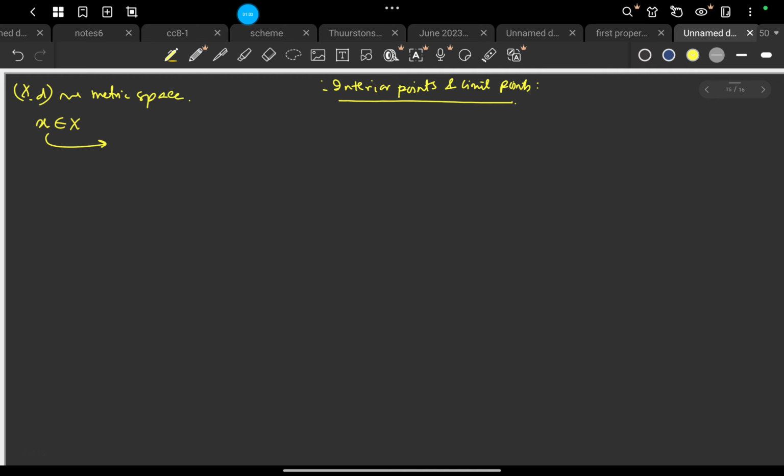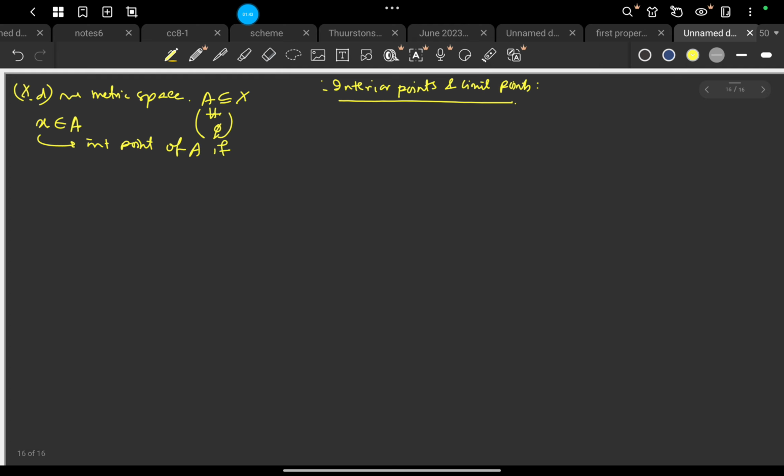This is said to be an interior point of, let's say, take a subset A, a subset of X. Of course it is non-empty, and we have chosen an element from capital A only because as X is an open set itself, every point of X is an interior point. So it is better to consider a particular non-empty subset. That's why you have chosen small x belongs to A. So x is said to be an interior point